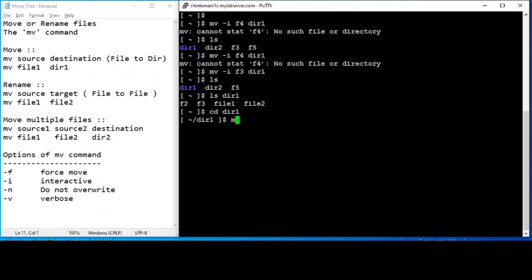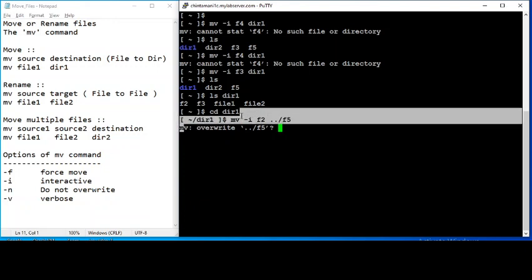Let's try doing mv -i. In the previous directory, there is a file named F5. Let's try to do a move from F2. If you want to move this F2 to the previous directory, then you can simply say double dot together, and let's try to do F5. So F5 is there in the previous directory, and hence what is happening is it is showing you mv overwrite.